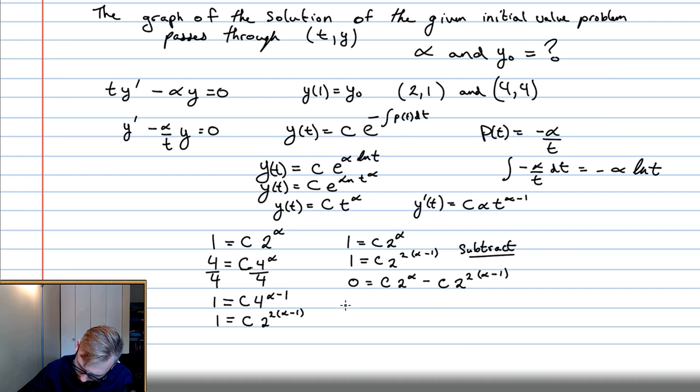And, well, what does that give us? Well, the c's are the same, we won't worry about. We've got to get this to be equal to 0. So when they're equal to 0, we've got 0 equal to alpha minus 2 alpha